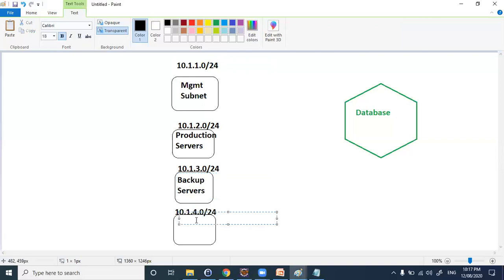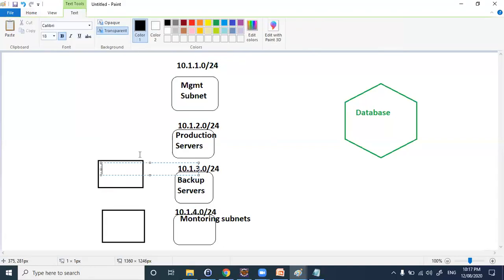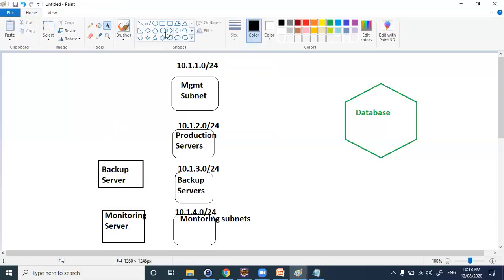And fourth, let's assume you have some monitoring subnets, and some other EC2 instances and backup servers. Let's assume you have your internet here.